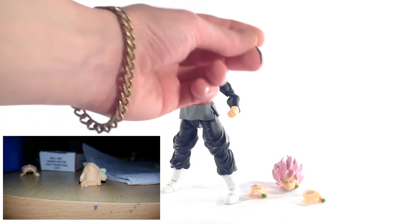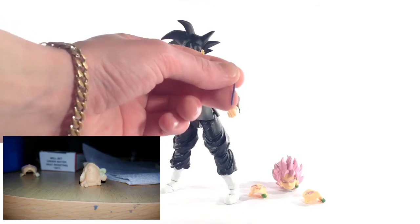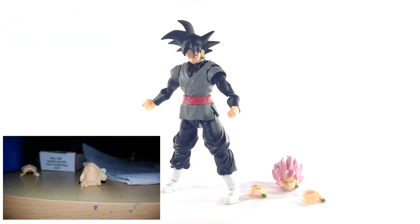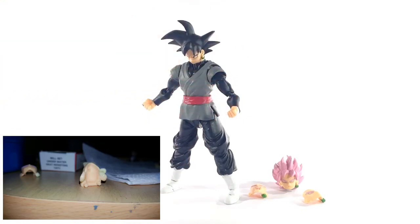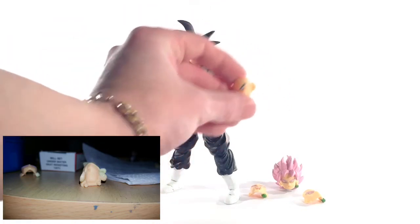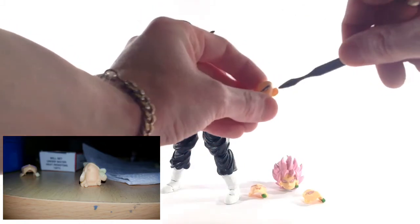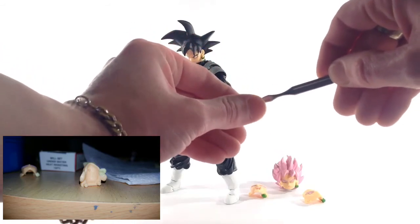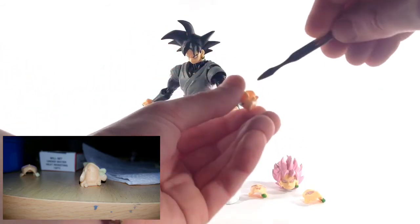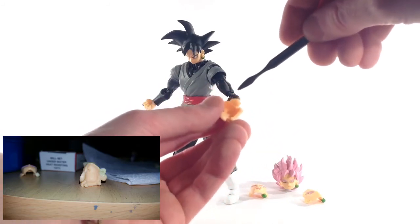This isn't sculpting clay, but it's a good size to indicate the kind of tiny little roll of clay that I'm talking about. And then with the head, what I did is got that tiny bit of roll of clay, pressed it against his ear, folded it underneath the ear and around on the back. You should have a lot of excess clay coming off the back of the ear, but